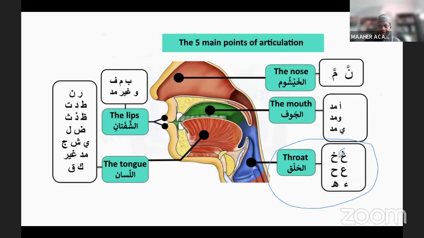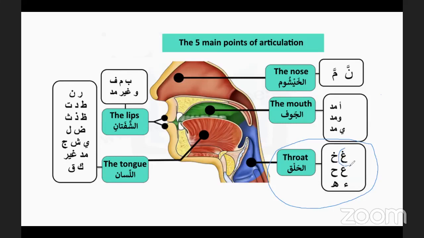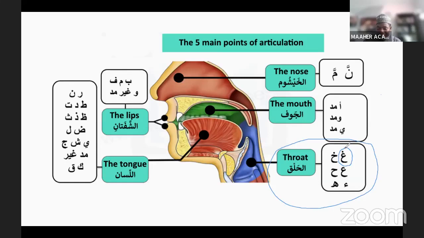Who's going to pronounce the name of this letter? Is it Gain or Ghain? Excellent. Fatima, how do you pronounce this? Ghain. Excellent. So it's Gha. Gha. The throat letters, there are 6 of them, but they have different places where they come out from